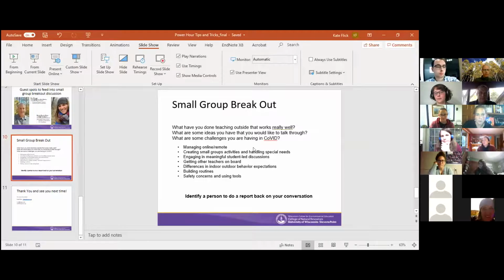Basically in the small group breakouts, it'd be nice to hear, what have you done teaching outside that works really well? What are some ideas that you have that you would like to talk through? What are some challenges you are having in COVID? I'm not really sure exactly what people want to talk about, but there's bullet points there. I think those 3 big categories are good enough.